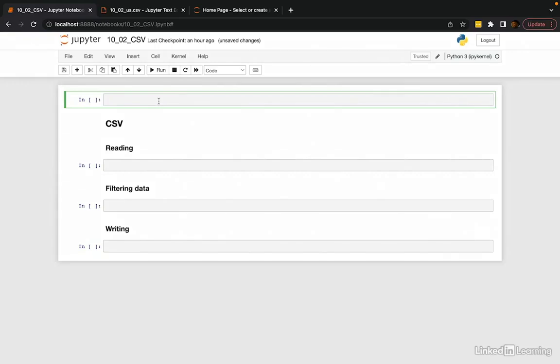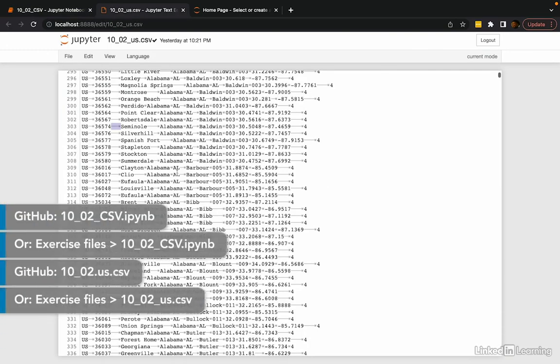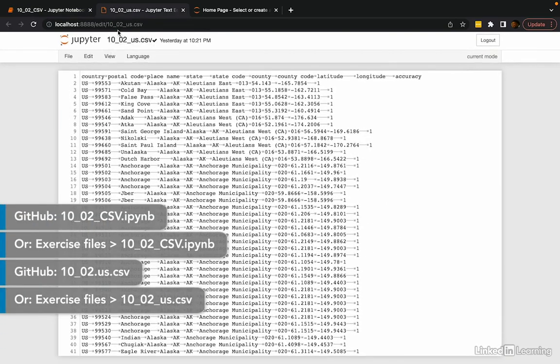It's time to look at the CSV module in Python. No need to install anything, it comes with Python. Just import csv at the top, and there you go. I've included a CSV file that we're going to be working with, and this is